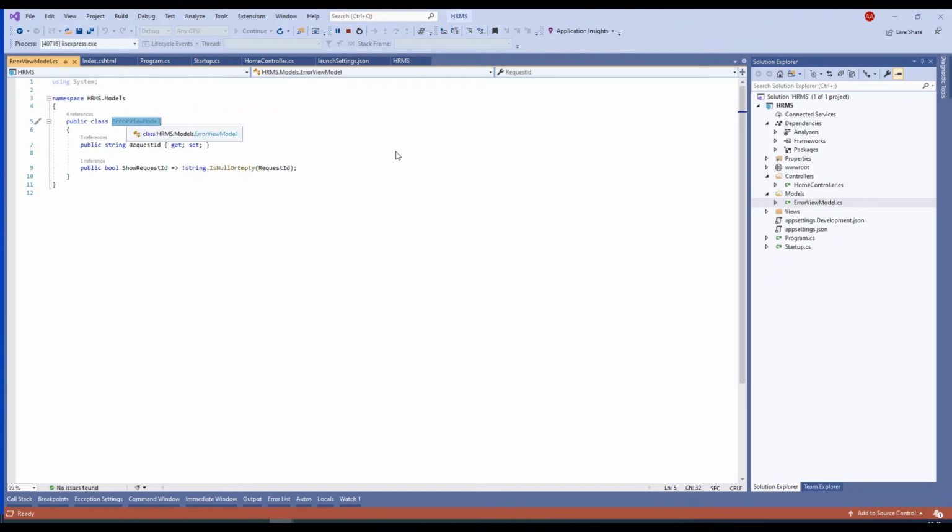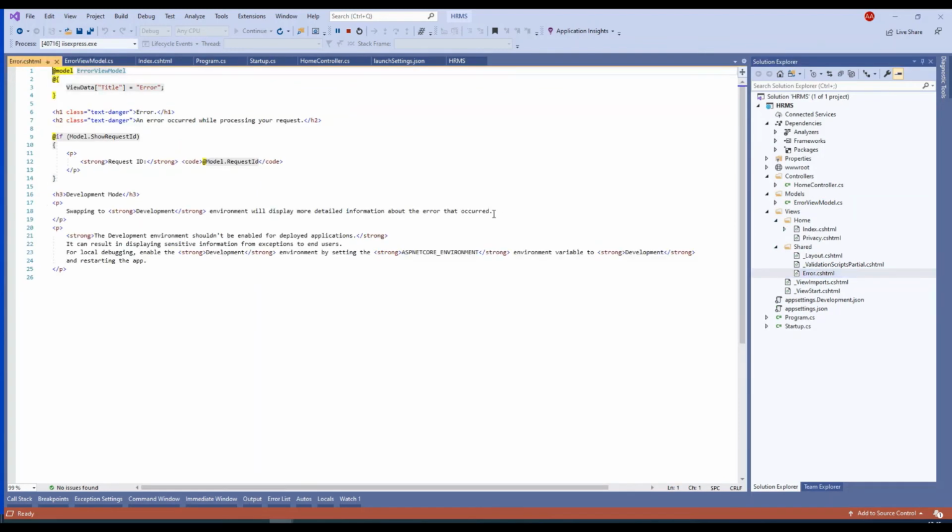See here, error view model. Go to shared, we have the error page. So here they are using models. Do not give weightage to this right now. I will explain this in brief. I wanted to say how to refer to these models in the view: at rate models and error view model, like this we can do that.